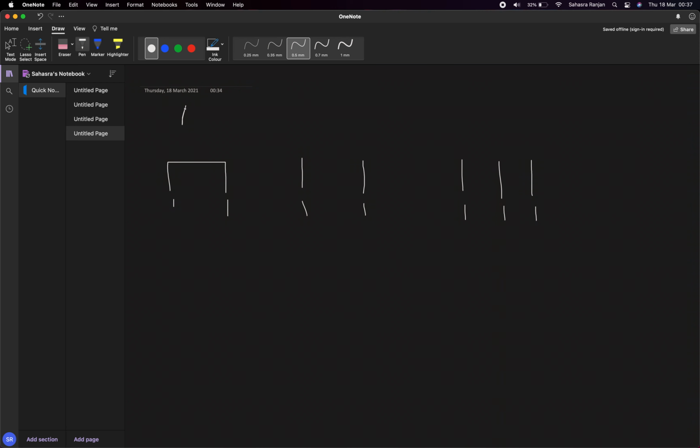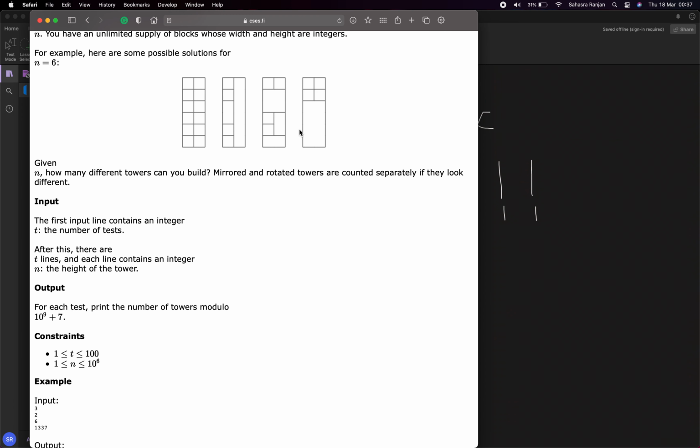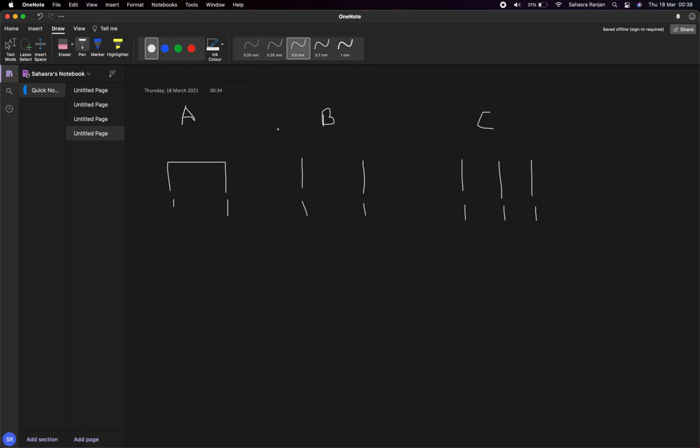Suppose this is marked as A, this is marked as B, and this is C. These are the cases where you can extend, but you have a separation between these two blocks, so you can directly add a 2 cross 1 extending block. These are the cases, and we'll try to form a recursion between these.